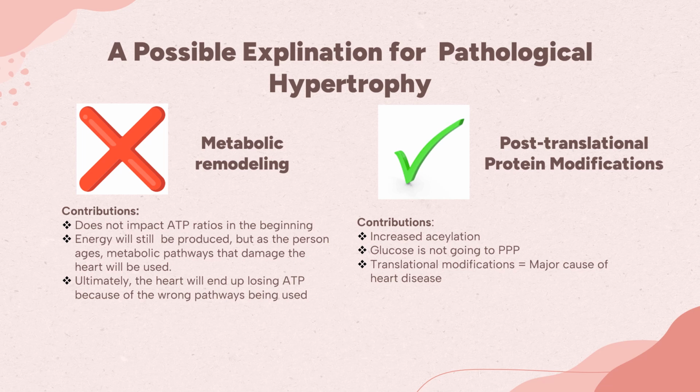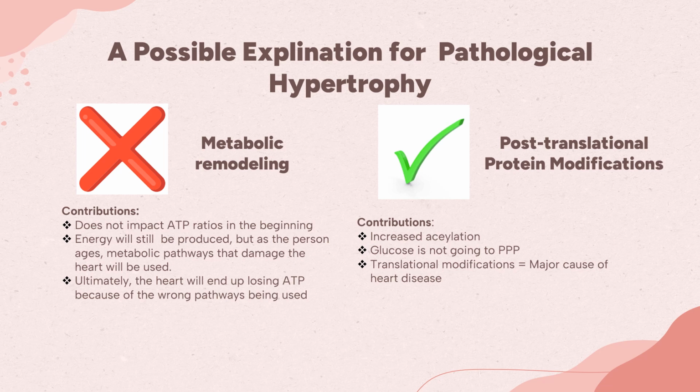And it is not going to that pathway when MPC has been deleted in adulthood, because glucose is once again being broken down somewhere that it should not be. So